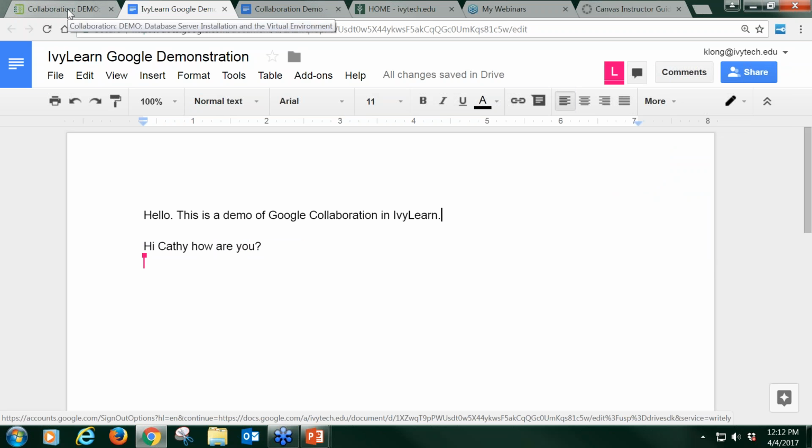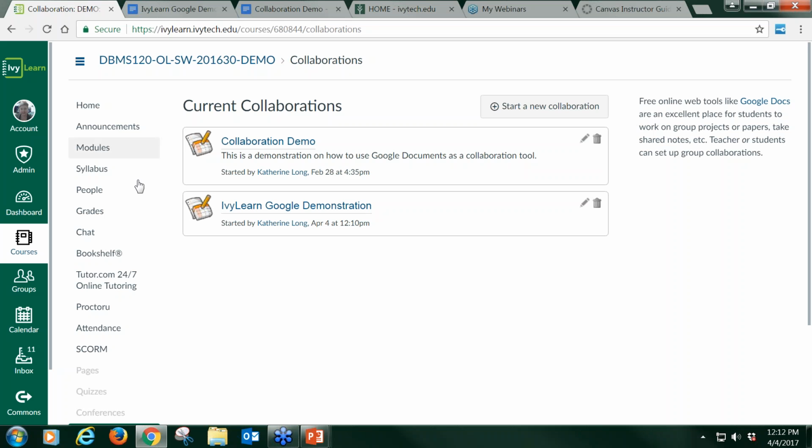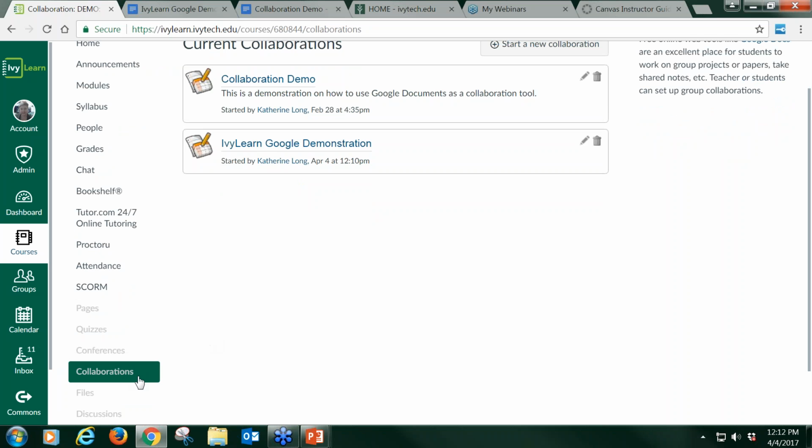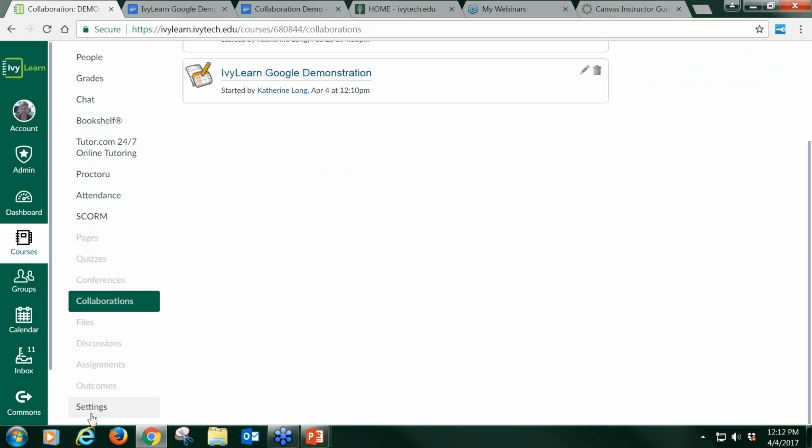Okay, so I'm going to go back in here into my IvyLearn platform. Okay, so now you'll see that I actually have my current collaborations built right into my collaboration tool. And right now this is grayed out, so if I want to make sure that my students can see my collaboration area, what we need to do is go down here into our settings. Okay, because right now in our student view, collaborations is not viewable. So when I click on settings,